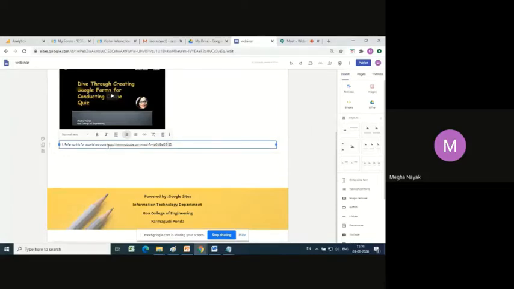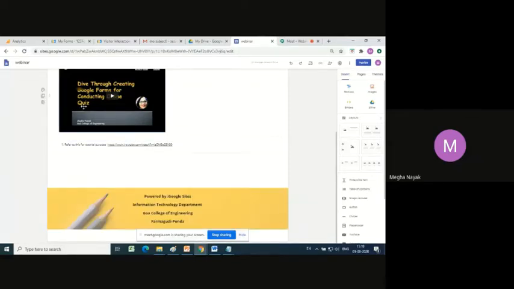But however, this does not come as a link. Do you see that? This does not come as a link. So you'll have to select it and give it as a link. So now it is taken as a link. So whenever the user clicks on that, it will redirect it. If you don't want it to do it this way, you directly paste the YouTube videos for the particular student.